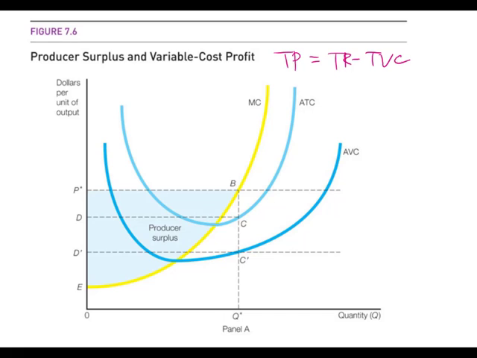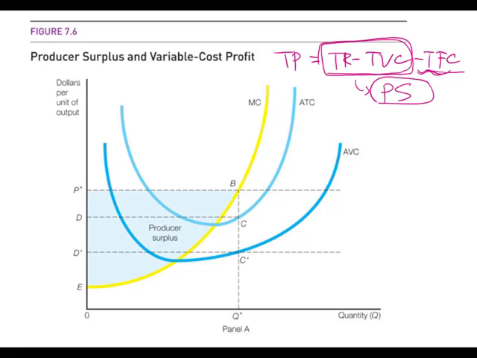Recall that in the short run, total profit you want to maximize is written as total revenue minus total variable cost minus total fixed cost. But again, total fixed costs are sunk costs that you cannot change or retrieve during the short run. So you are not going to do anything. You want to maximize these first two terms, total revenue minus total variable cost. This one that you can change by your wise decision is called producer surplus. Producer surplus is nothing but the difference between total revenue and total variable cost, especially in the short run.